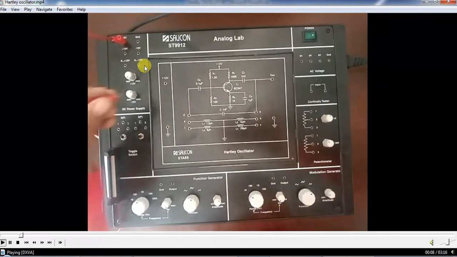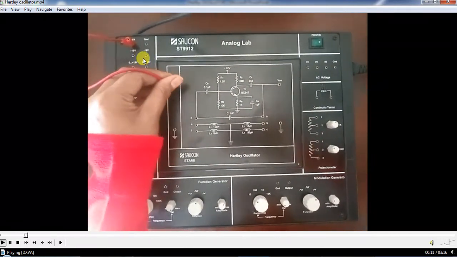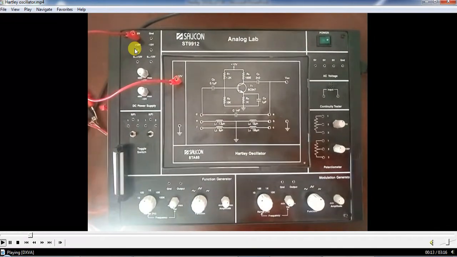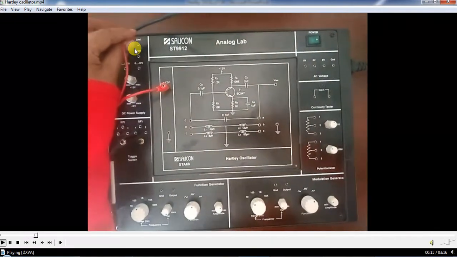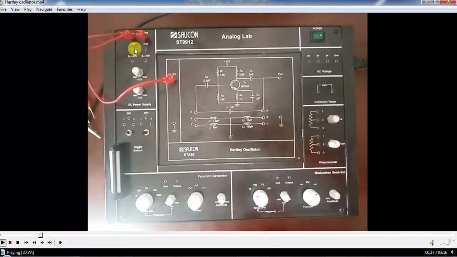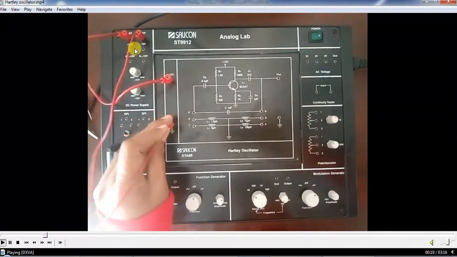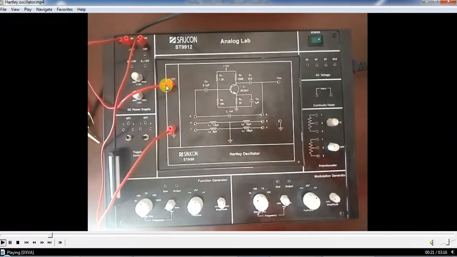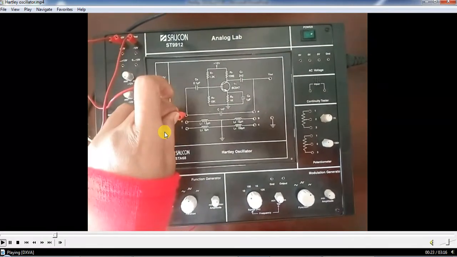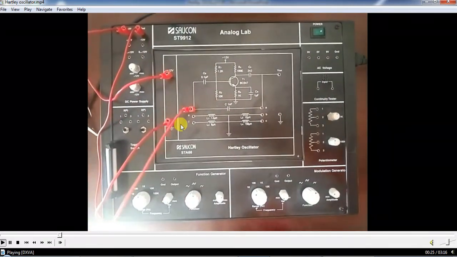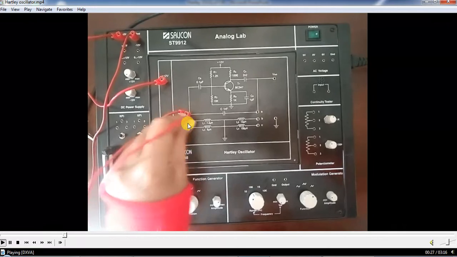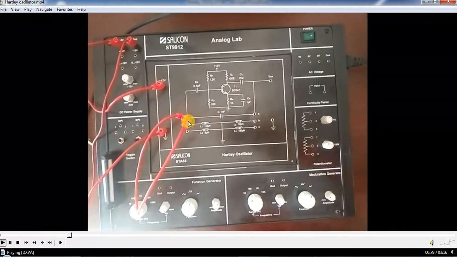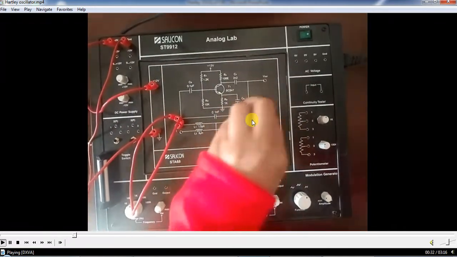Here the 12 volt supply, as you can see over here, first you have to apply the 12 volt DC power supply at the indicated position, and the ground terminal also connect over here, and now connect these inductors like this, and the other inductor like this,